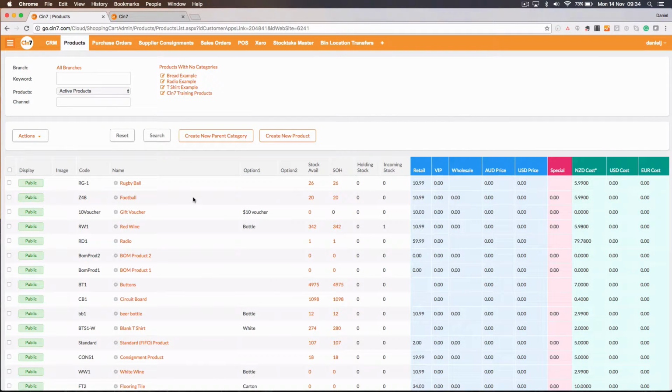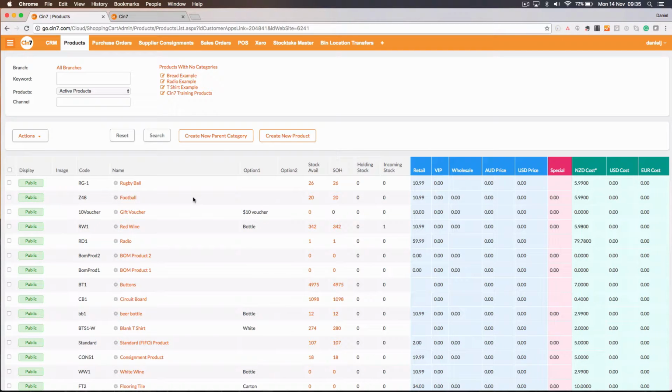So what happens now if I want to change the location of a product within the zones and bins and the locations in the system? For inventory specific locations, we'll need a special module called bin location transfers. To enable this module for your Cin7 account, you'll need to contact the support team to add it in. It's free to do so, but we'll just need to add it in manually for you